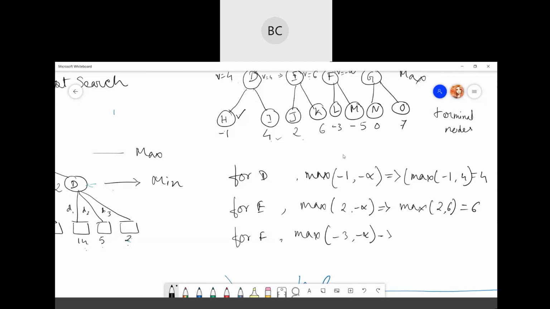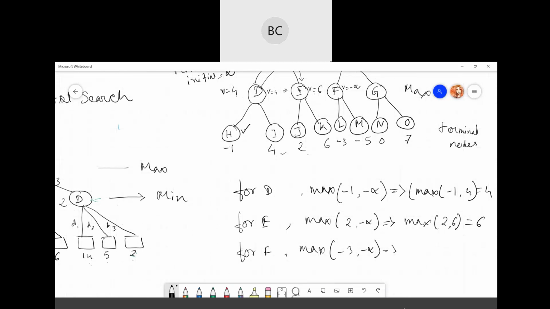So now I will update the value as minus 3, correct. Now there is another node, minus 5, so I'll check which one is the maximum value, minus 3 or minus 5. Again it's minus 3, right? So I don't need to update it because it's already selecting minus 3.